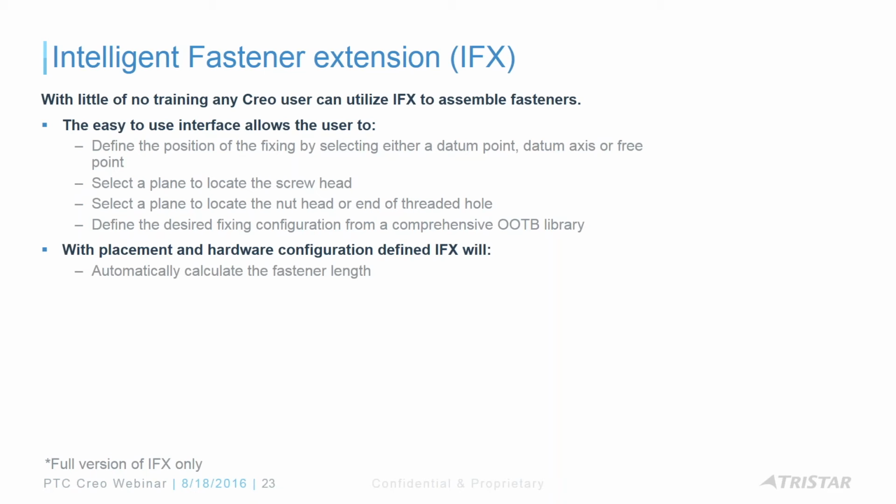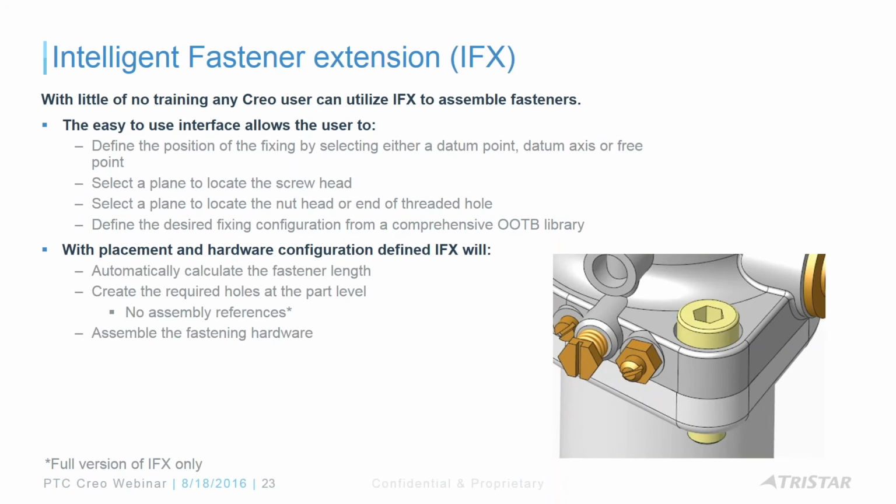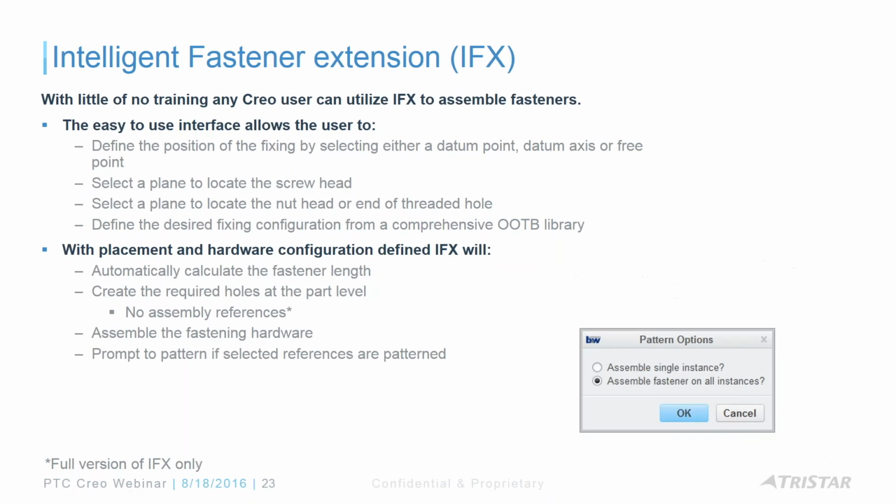So as I said, it automatically calculates the fastener length to create the holes at the part level. And if you have the full version, you will have no external reference to the assembly. And then it will assemble the hardware for you. And if you selected a datum point or a datum axis